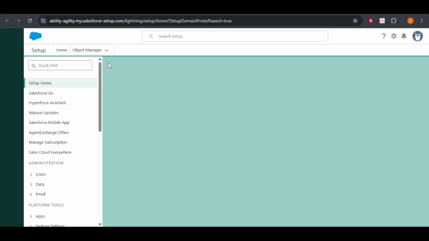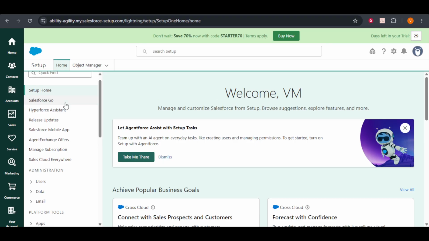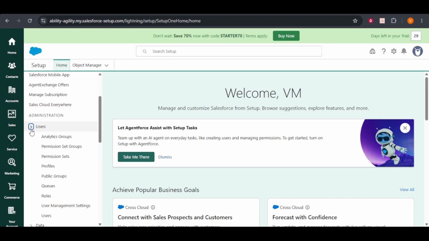Now that you're in the Setup section, you'll see a search bar on the left-hand side labeled Quick Find. This is a powerful tool that helps you locate various settings and options quickly. In the Quick Find box, type in the word Users. You should see a list of options appear, but you'll want to select the one simply labeled Users. Clicking this will take you to the User Management page, where you can view and manage all current users within